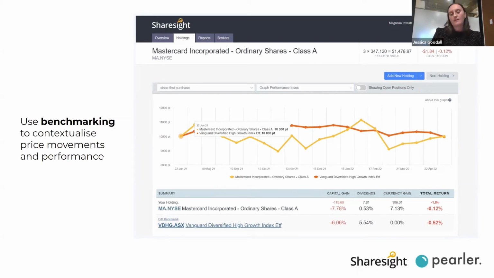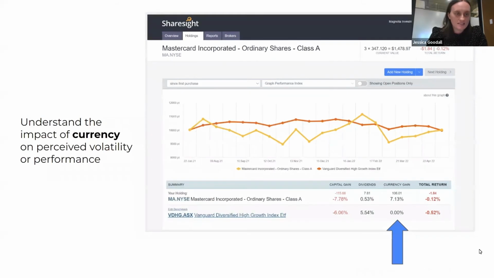So you might think, okay, I'm happy with the trade-off of that volatility because the returns are better. However, I encourage you not to stop there. Again, look at the benchmark to understand how things are shaping up in terms of performance and price